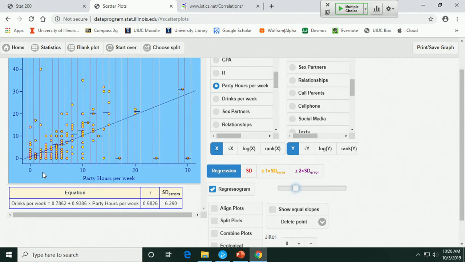There's not a perfect line here. Like the SD, there's not a perfect correlation, right? So how are we getting this best fit line? It's called the least squares line, the best prediction of y from x. An intuitive way to think about it is, it's the line that within each little vertical strip here,